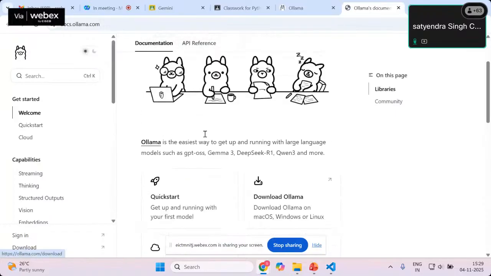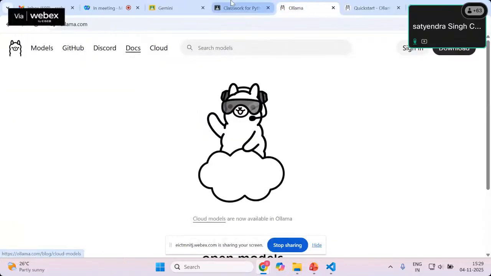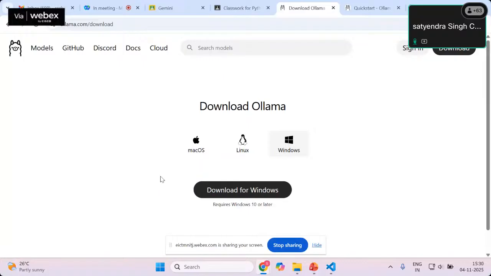To quickly install it, if you go to download, you will find that depending on your operating system, whether it is Windows, Linux, or macOS, you can download it. For example, if you download for Windows,